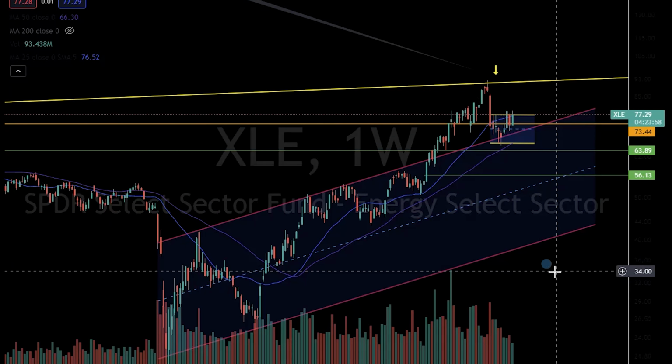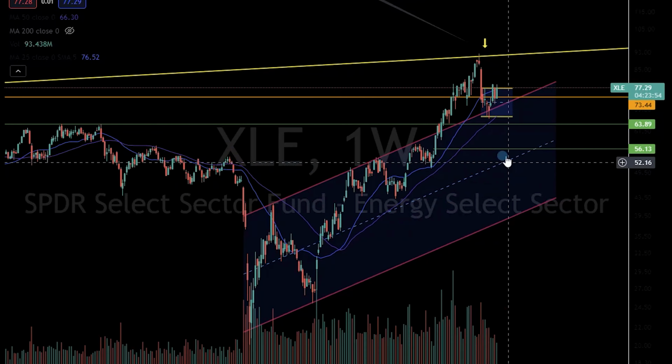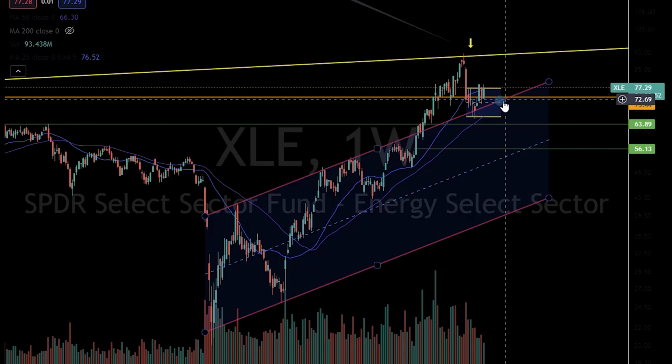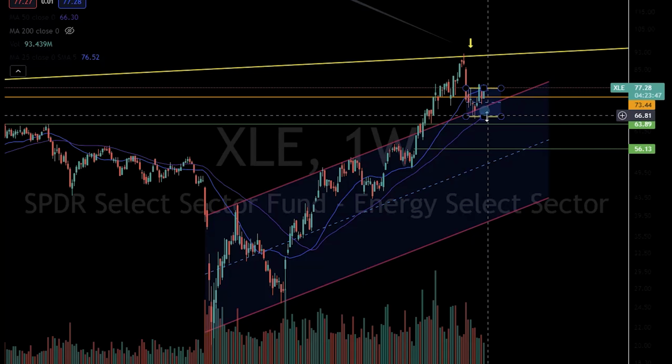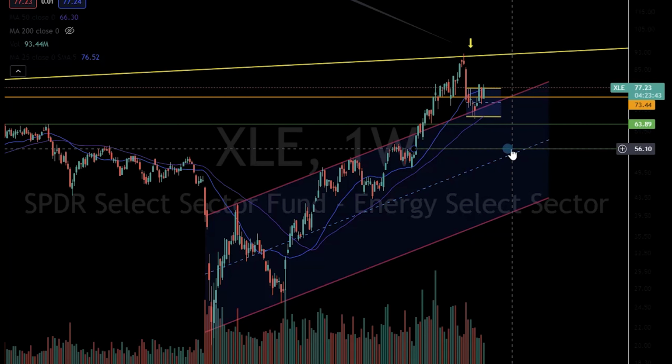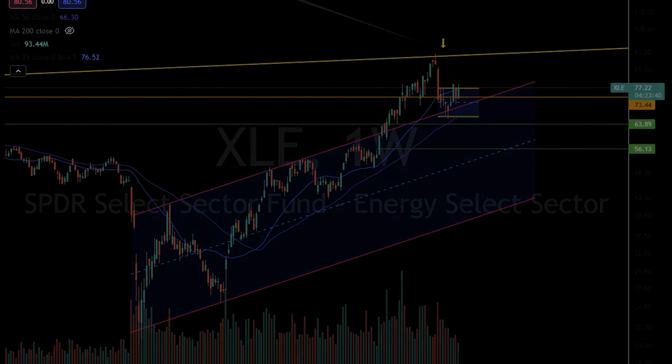So we could see some chop in and around this channel before ultimately breaking down on the next leg lower. You can see that we are chopping above this parallel channel, which we were trading in. So that is naturally going to act as support when you confluence on that line over there. But inevitably, I do think you break down at some point to test this 56 level, which will be our next major level of support. If we take a look at the